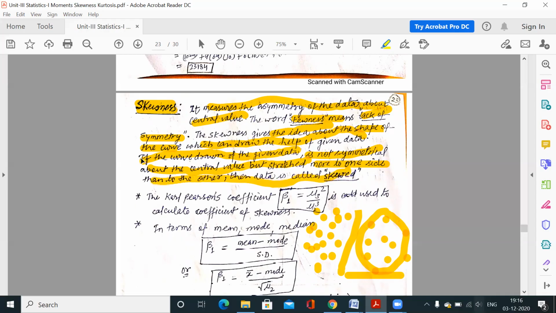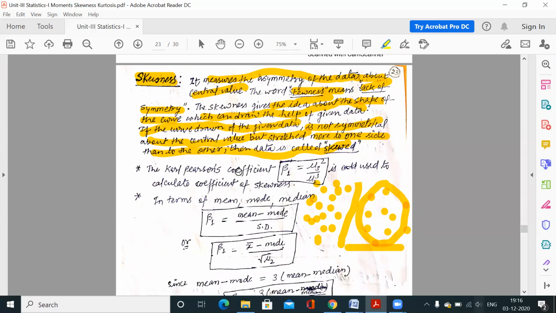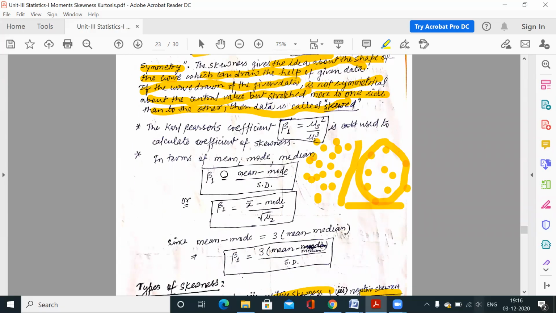Now how do we measure whether data is skewed or whether skewness is 0? We have various formulas to observe the skewness of the data. The first is the Karl Pearson coefficient. If you remember, when we were discussing moments, we calculated some coefficients: the Karl Pearson coefficients beta 1, beta 2, gamma 1, gamma 2, right? The Karl Pearson coefficient beta 1 represents the skewness of the data.